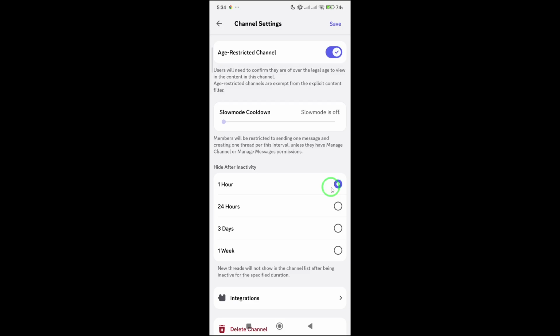After selecting 1 hour, double-check that the setting is saved. Return to the channel list to confirm the change is active. If you manage multiple channels, you can repeat this process for each one that would benefit from automatic hiding after an hour. That's all there is